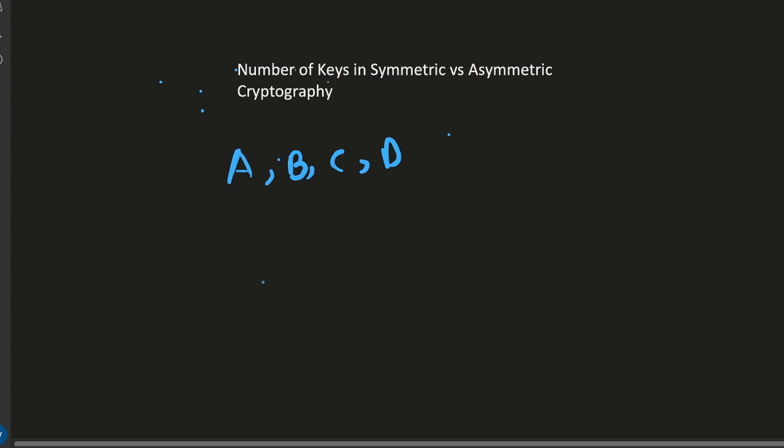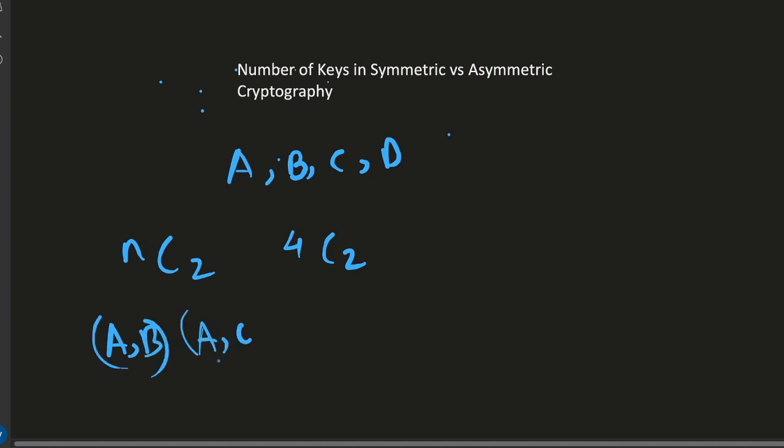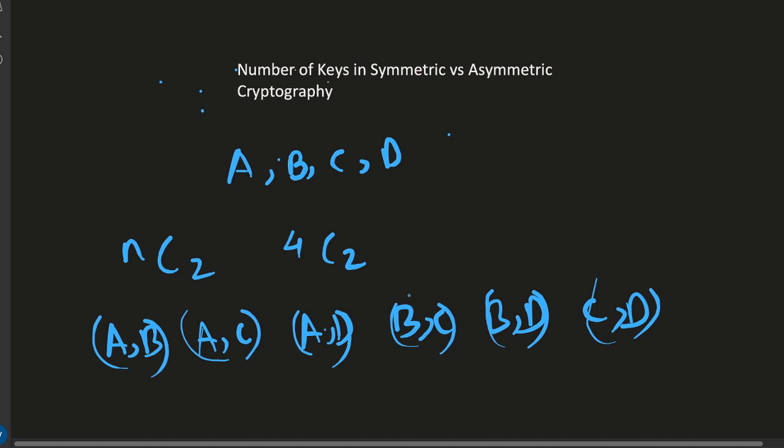So we have to assign a unique key for every pair, and we have nC2 ways of doing this. For example, for 4 people, we'll have 4C2 ways of doing this. If it isn't clear, just try working it out yourself. The pairs would be AB, then AC, then AD, then BC, BD, then CD. So essentially 4C2 is 6, and we'll be getting KS1, KS2, KS3, and so on, up to KS6. So 1, 2, 3, 4, 5, 6. So essentially, we need 6 symmetric keys to securely communicate in a group of 4 people.